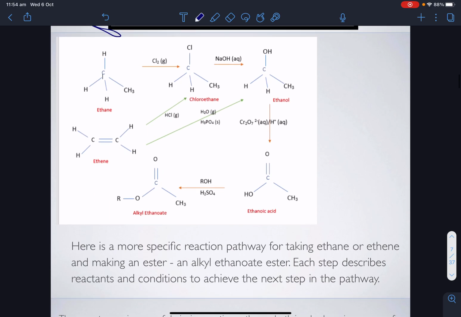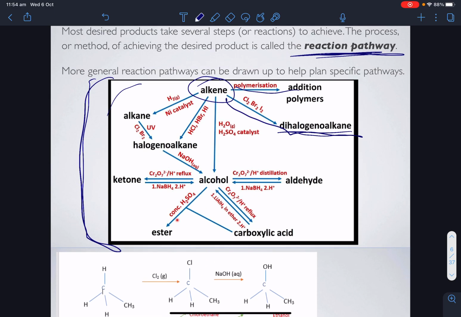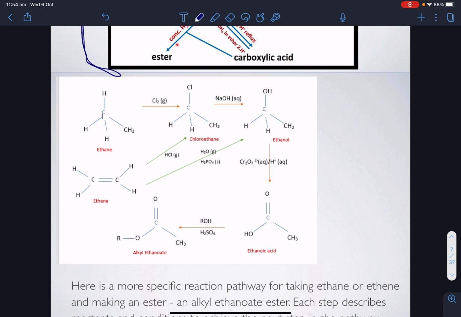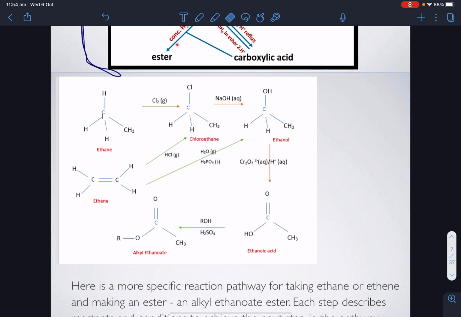Here's a more specific one. Notice how that's very general. If you want to take an alkene to an alkane, well, you're going to do an addition reaction. Here's something more specific where, if you follow the arrows, they're all kind of going around this way. What they're trying to make is this alkyl ethanoate, an ester, aren't they? An ester with an ethanoate end. Okay, they're making something ethanoate. Let me get rid of my scribble. And so what they've done there is